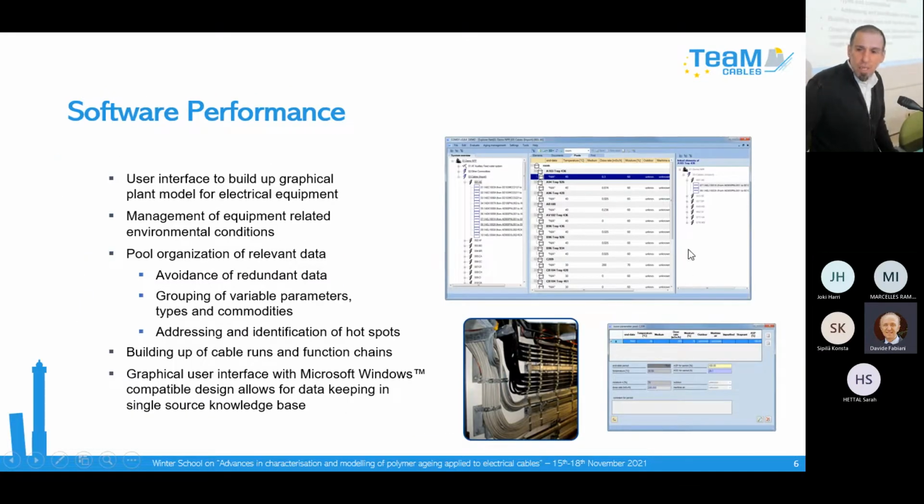So here we see one window from COMSY. I avoid showing you a software presentation. I am not a friend of that, showing you what happens when I click here or there. I will try to talk about the main features here. And one important thing here, and this is the reason for COMSY's right to exist, is that COMSY is applied in several plants and is able to build up the plant graphically because of the